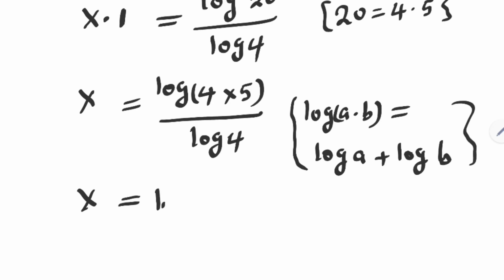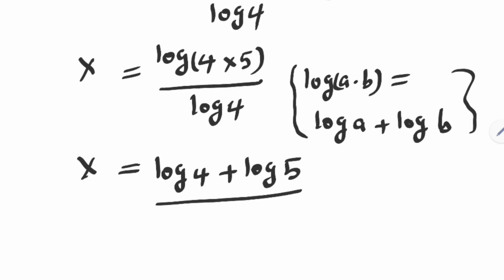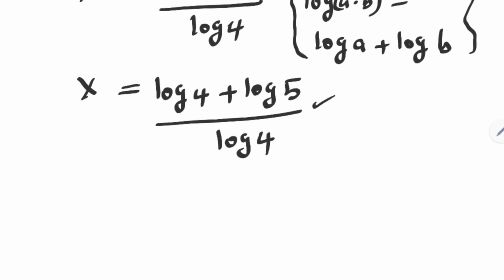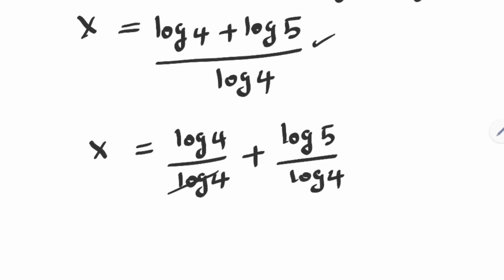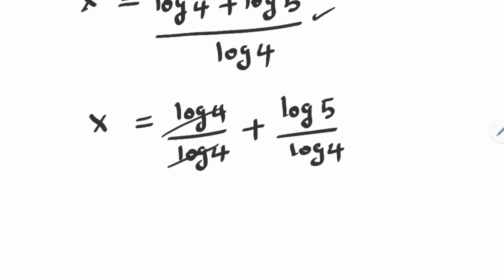Then here we have log 4 plus log 5 divided by log 4. If you split this, s is equal to log 4 divided by log 4 plus log 5 divided by log 4. Log 4 here 1, log 4 here 1. S is equal to 1 plus